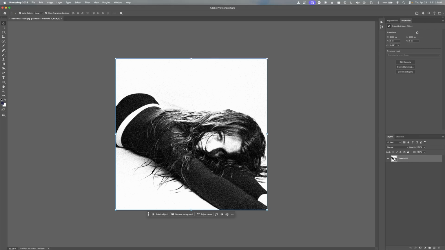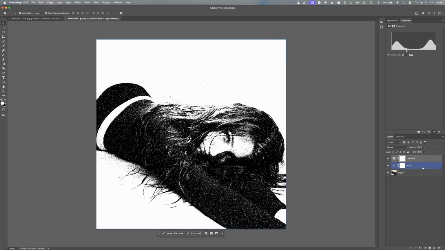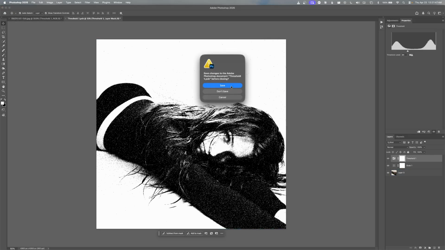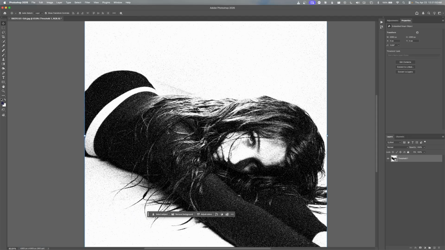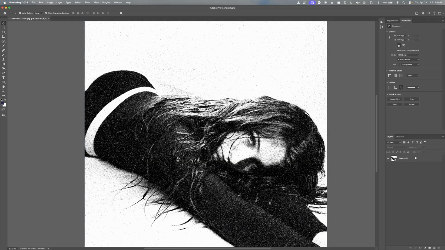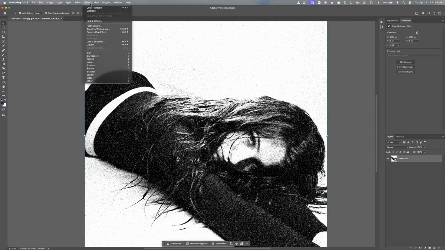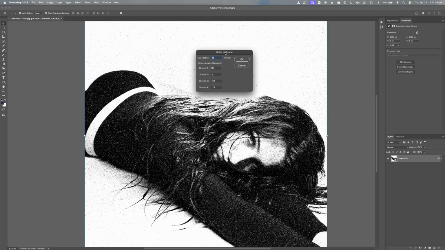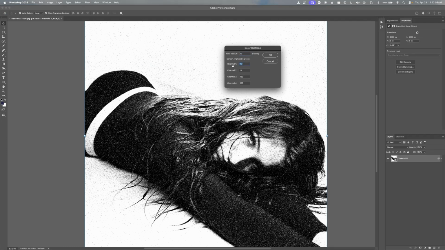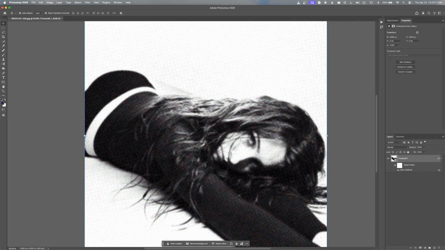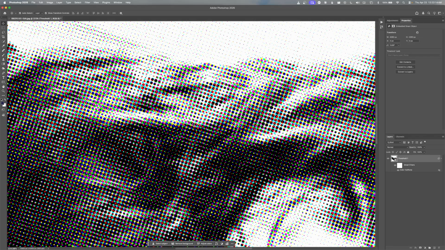If we want to make any changes, we can, of course, double click on that and hop into the tab that it gives us. And we can make our adjustments here. So maybe I'll just bump this over a little bit, hit the X button, hit save, and that will then be reflected here. Okay. Now, my favorite way to add halftone effect is by going to filter, pixelate, and then color halftone. Now, what's interesting is by default, these channels are going to be different numbers. So let me hit OK,